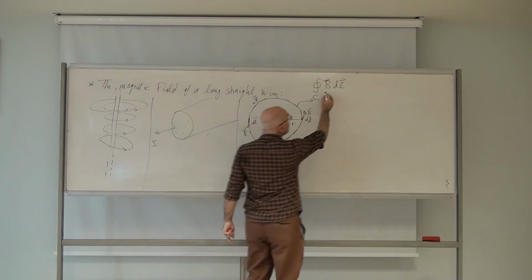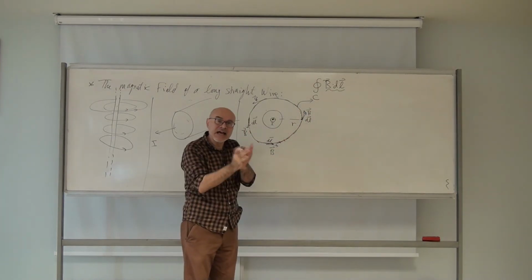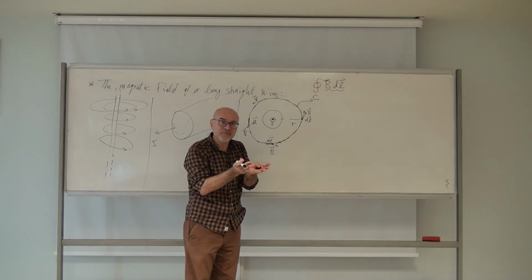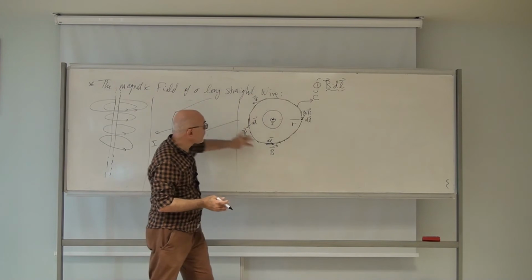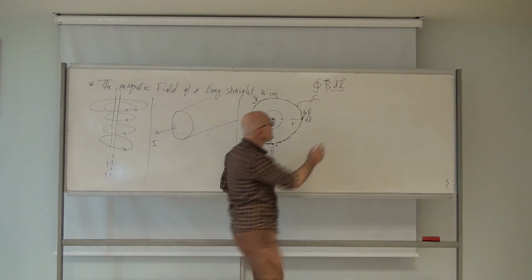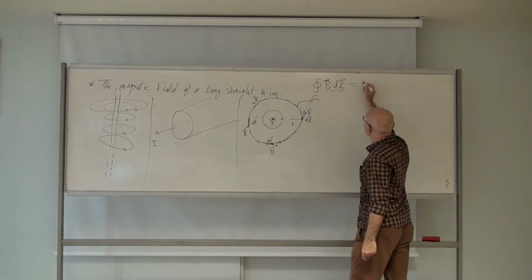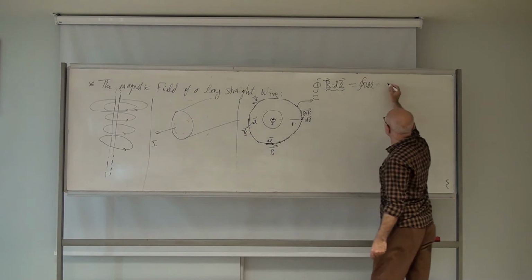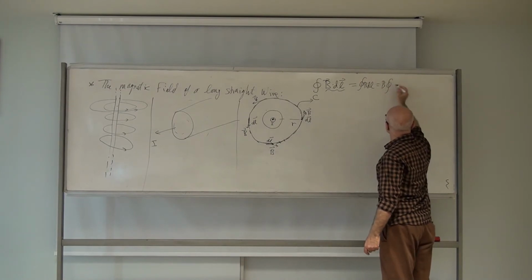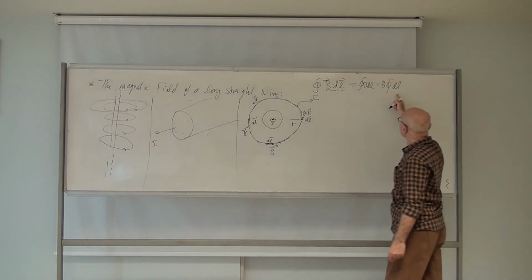And so B dot dl in this case will reduce to what? Just B dl, because the angle between them is 0 all the time. Add to that B is uniform over the whole contour, so you take it outside the integral and it reduces to B times the integral over